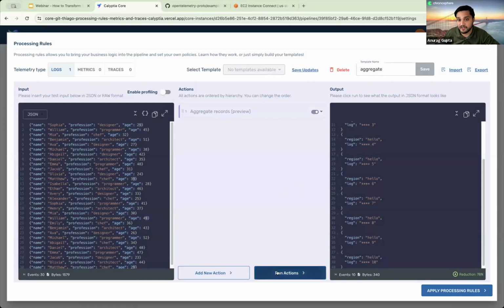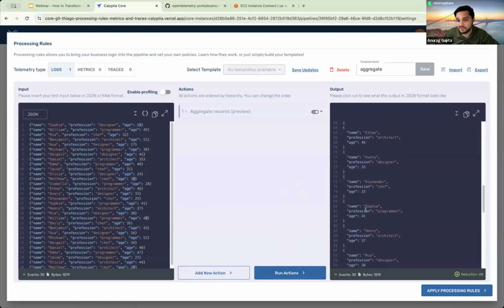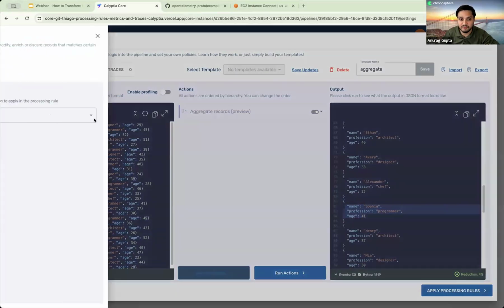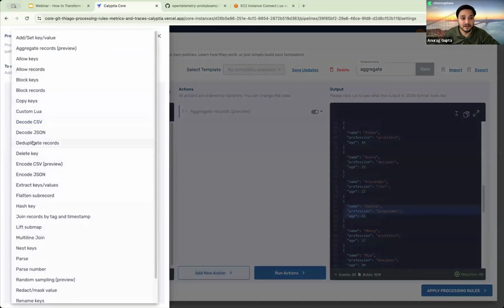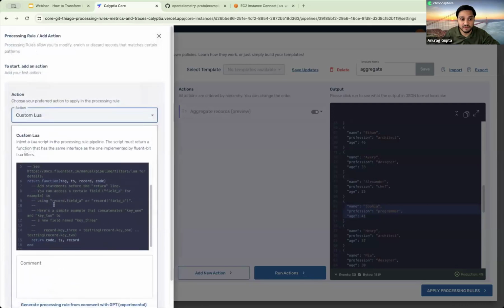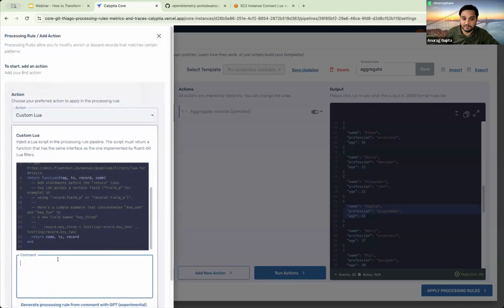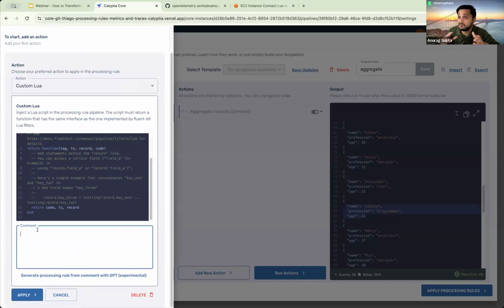And I'll turn off the aggregation just to show you, hey, each of these records here's the age that comes into it. We can do calculations ad hoc here as well. So maybe we want to say, here's a custom rule, and I'm not the best at Lua, so we'll use some of the features that we have within Calyptia to help write these processing rules and say,